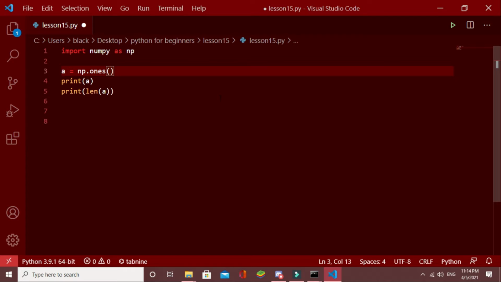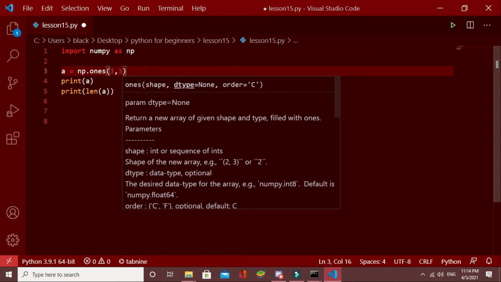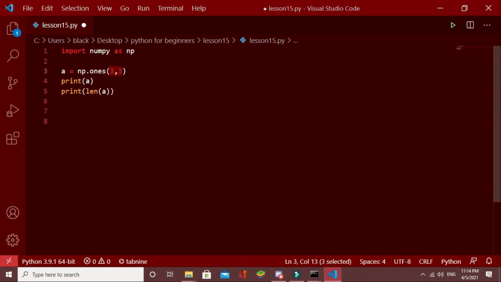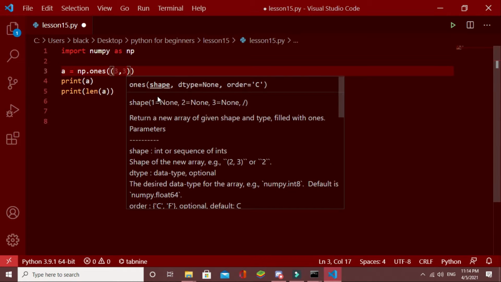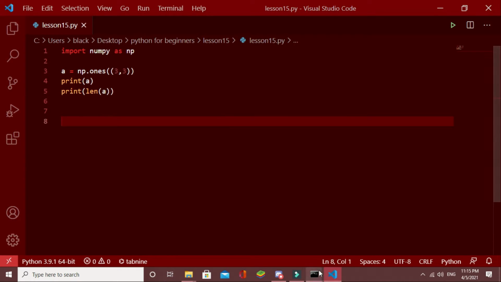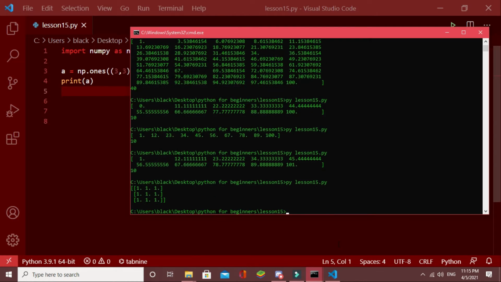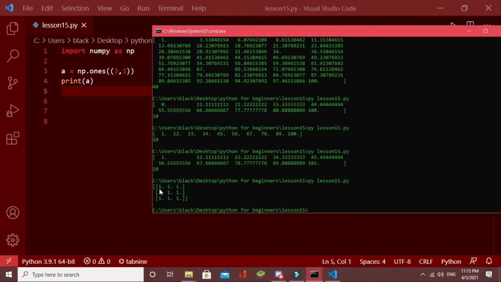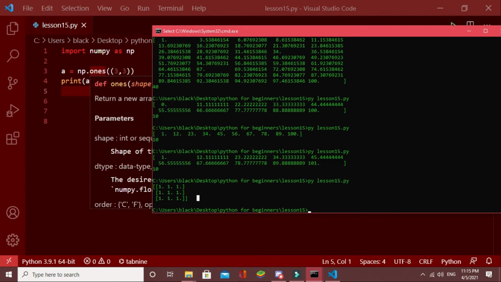I will say 3, 3. Here actually you have to give it as a tuple, 3, 3. I remove this length part. As you can see, it created a 3 by 3 matrix filled with ones. That's what this ones function does.